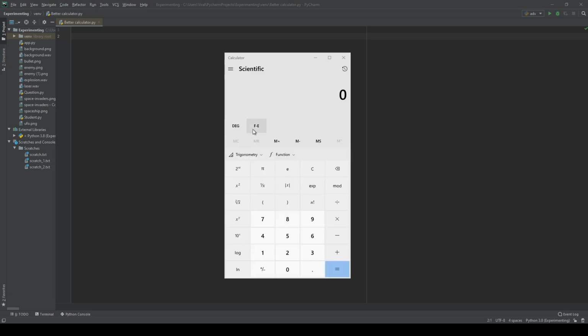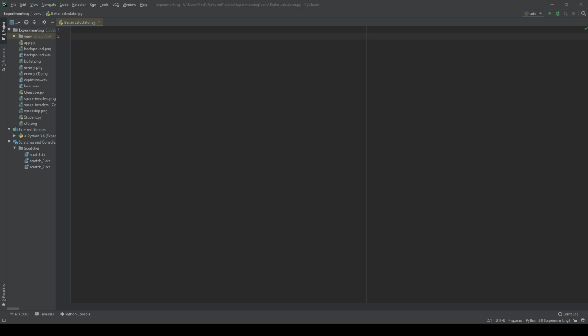So I've opened up the calculator, and now what I want to do is enter in a number. Let's say a math operation. So 1 plus 1 equals 2. So now we can make this look like this by making a variable called num1, and we can set this equal to,